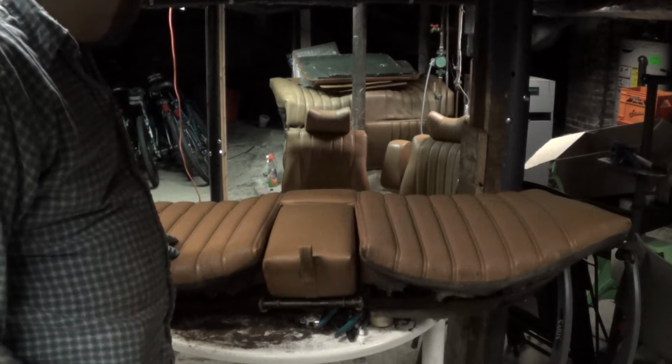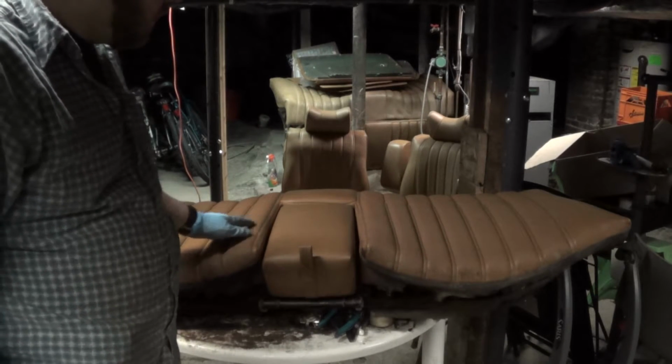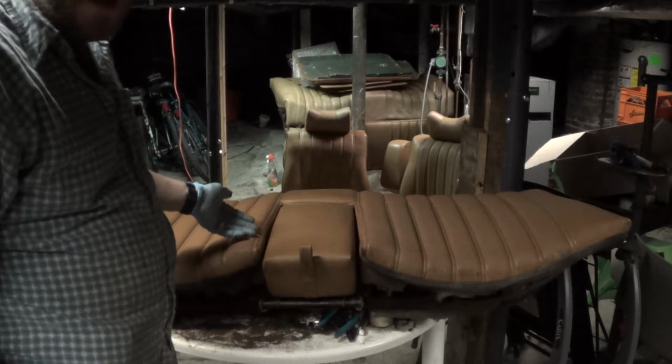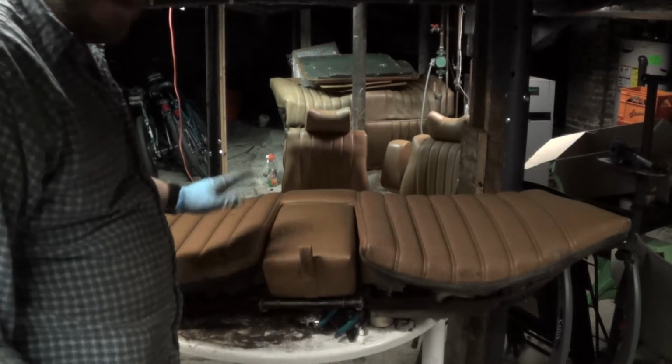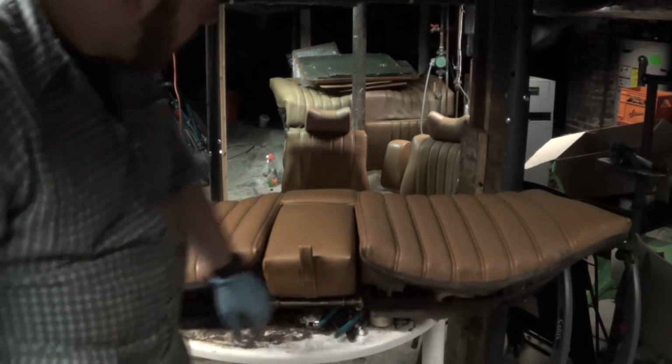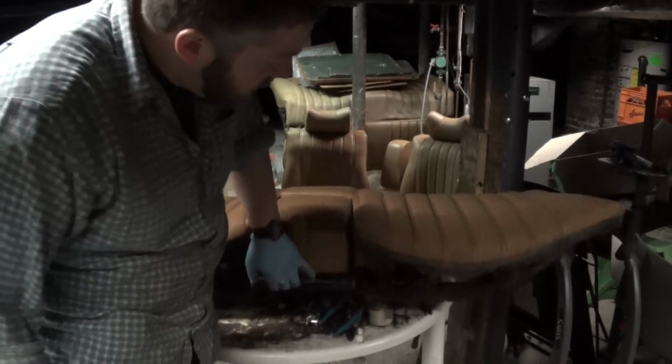So what I'm going to be doing is taking the vinyl off, repadding it, and cleaning the vinyl as best I can with the vinyl off the frame. And also, if you can see here,